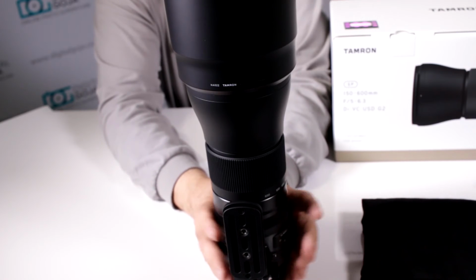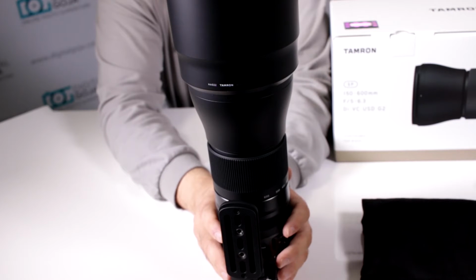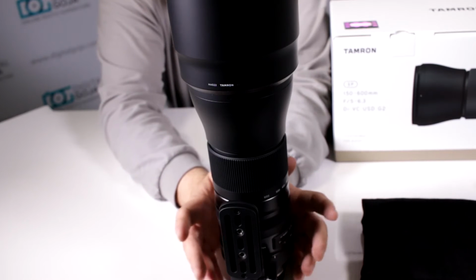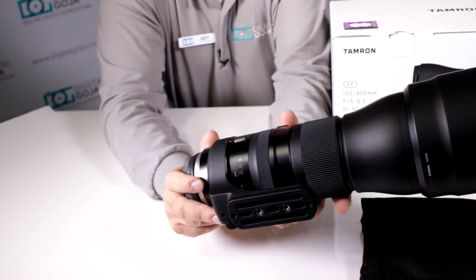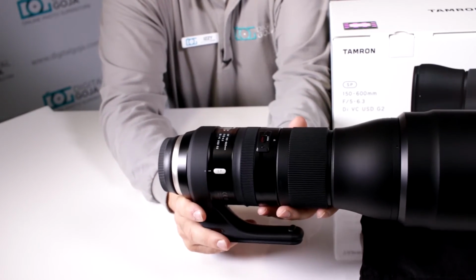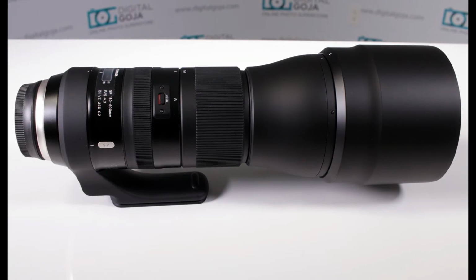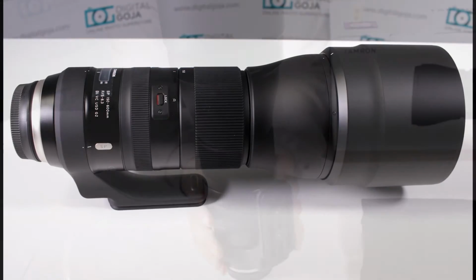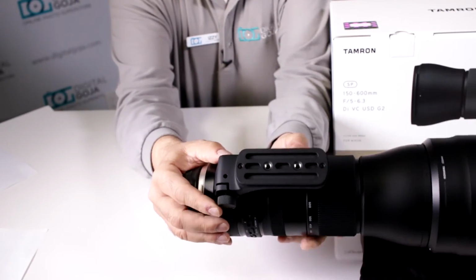All this means that this is a fantastic lens for your full frame cameras like your Nikon D810, D600 series, anything like that. This will work. Of course, it'll work with your crop sensor cameras too, but you have to take into consideration the 1.5x conversion factor. Fully weather sealed. You have the new TAP-in Console, and of course, last but definitely not least, you have